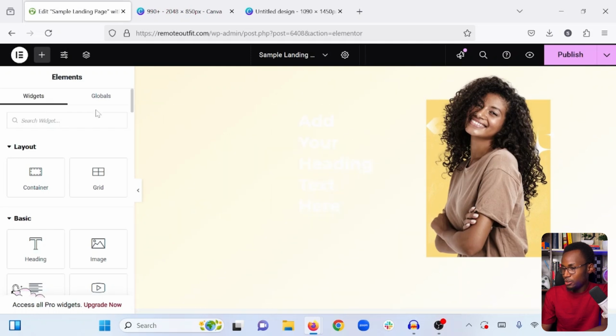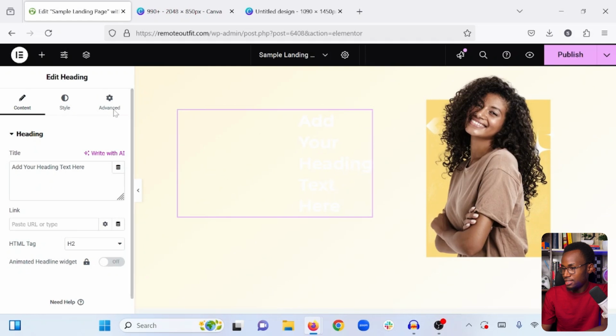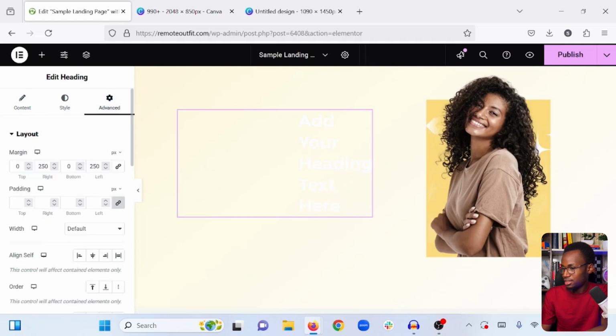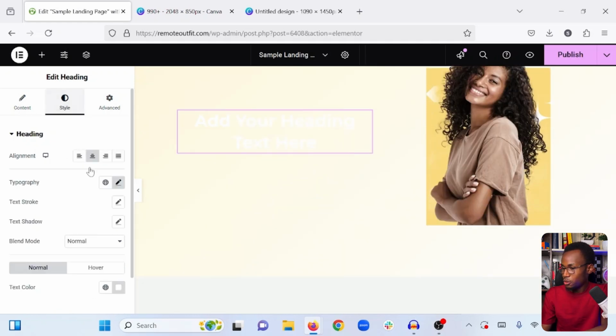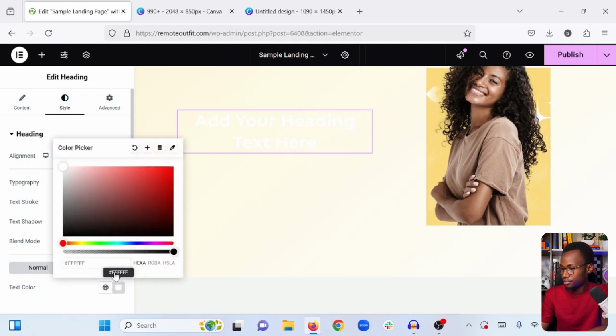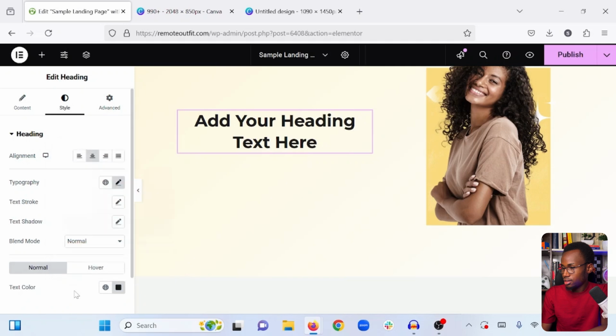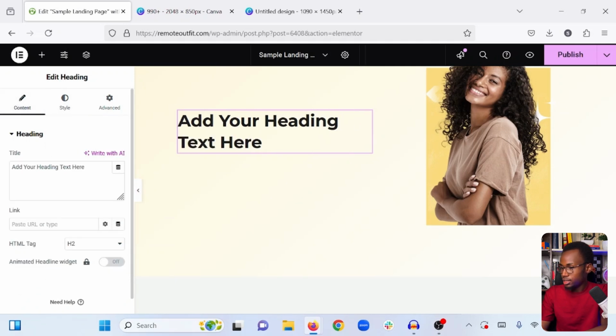The first thing I will do is remove all the margins and paddings. So I can come to advanced. I will remove this and this, and I will change the color so that it is visible to something like this. And I will make it left aligned. And I will change the actual text to something like